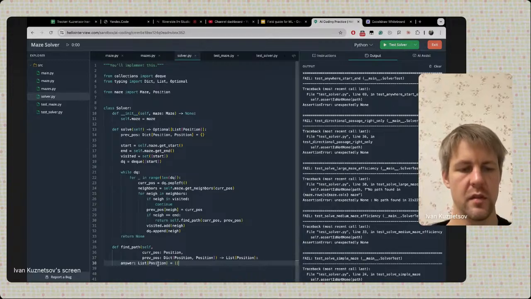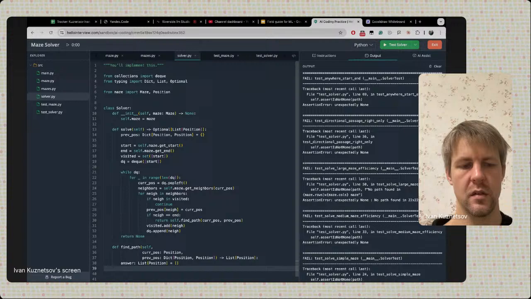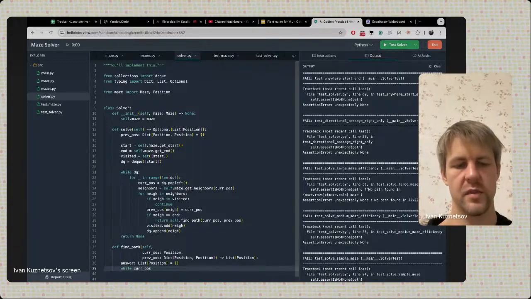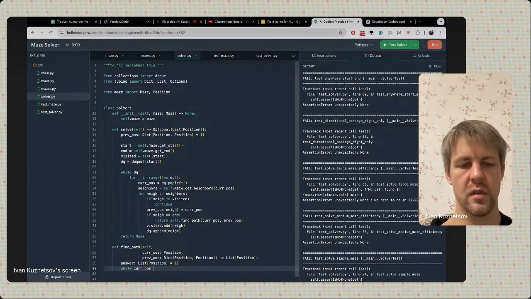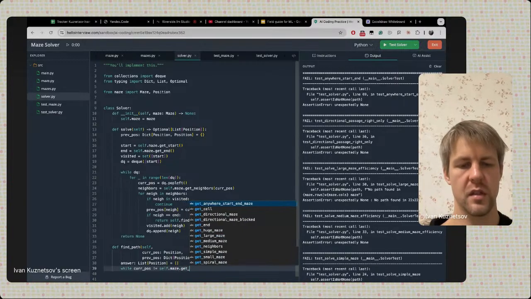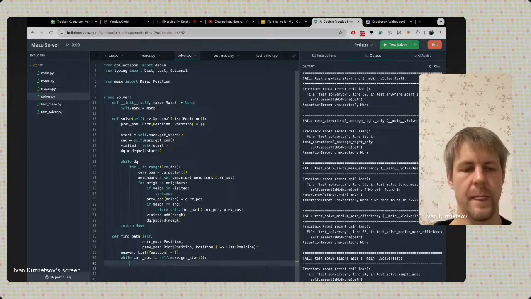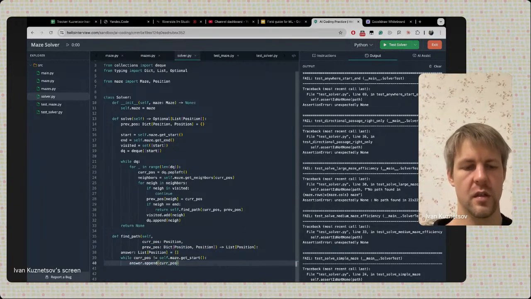Here we need it. And while current position does not equal self maze get start, we do answer append current position,